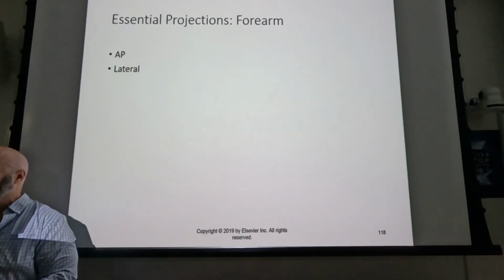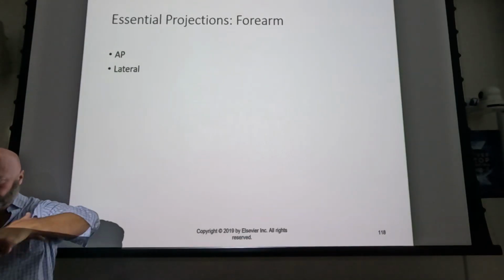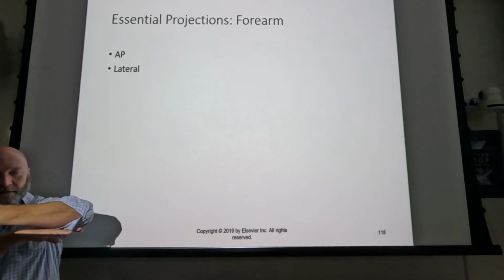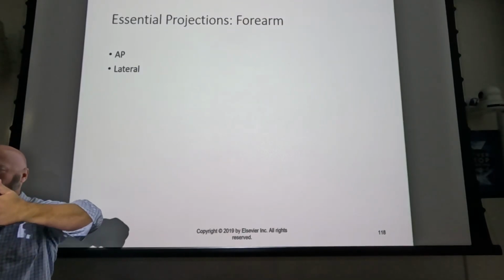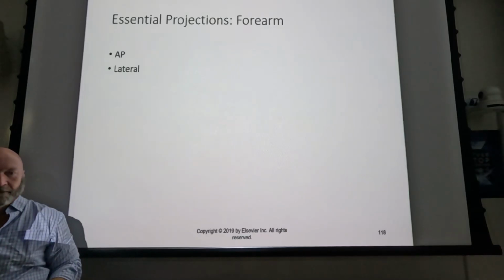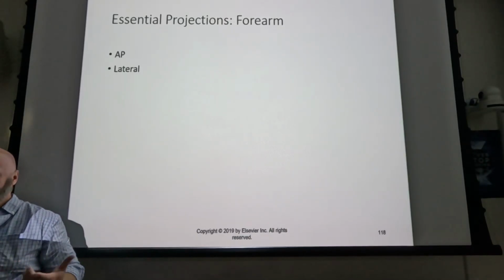Lateral, right. So start there. Just have them bring their elbow up, put it on the image receptor, and now what you've got to do is just rotate the thumb and point it at the sky. Now you can look at the lateral, and your